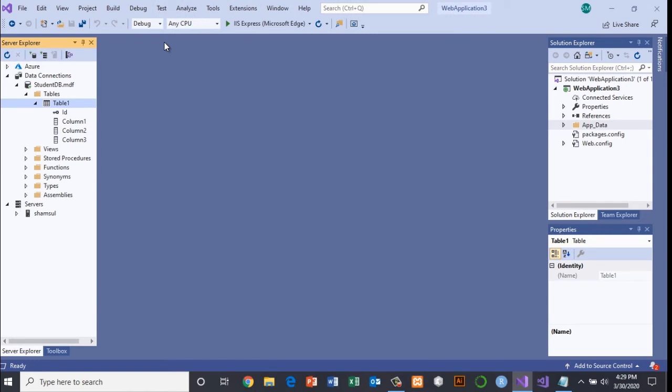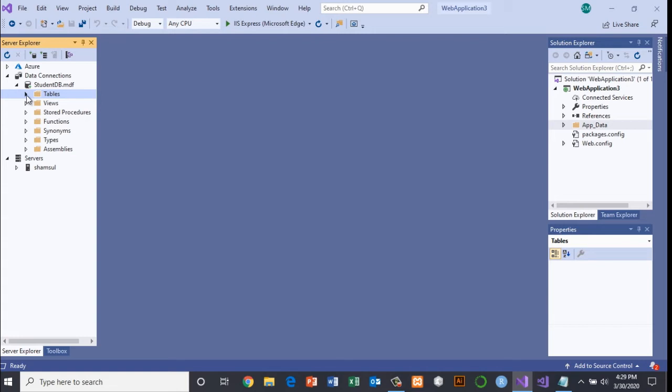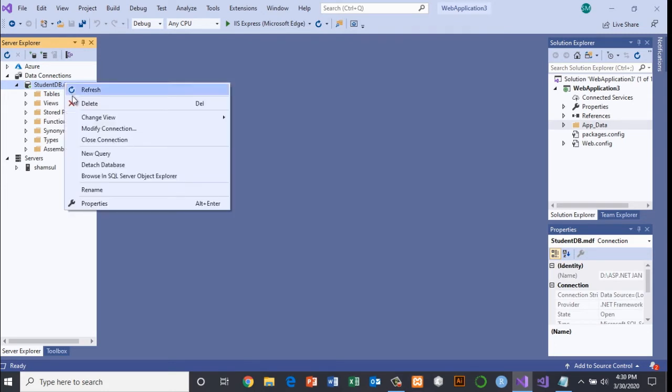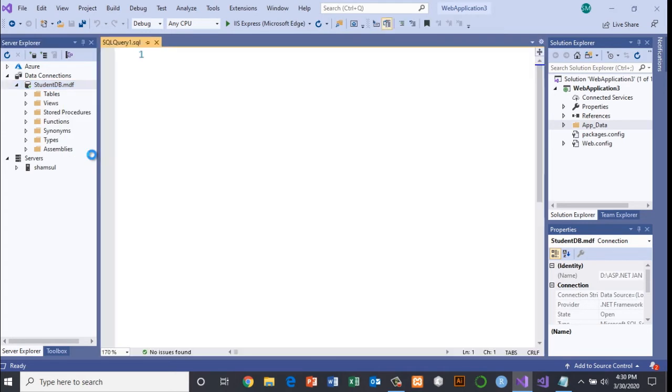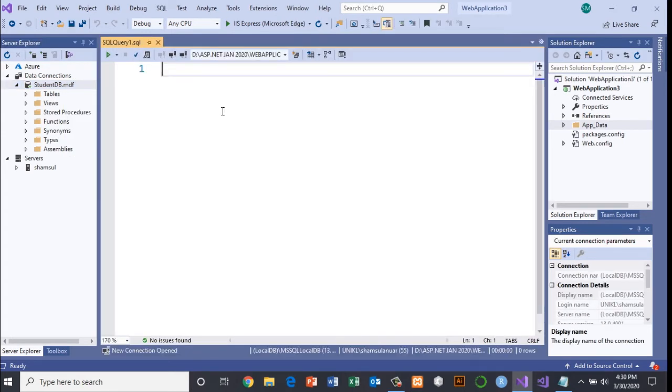Now, another way for you to create the tables is that you can automatically create the tables using a query. Go to the database studentdb.mdf. Here we have new query. Now for the purpose of our exercises, I have prepared a text file.